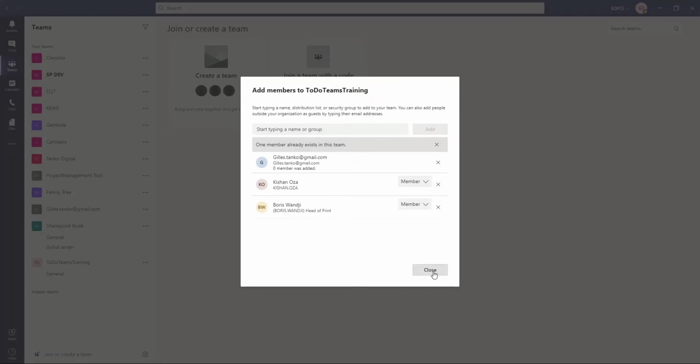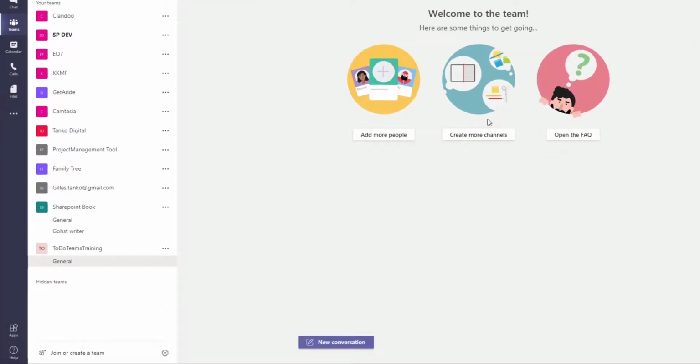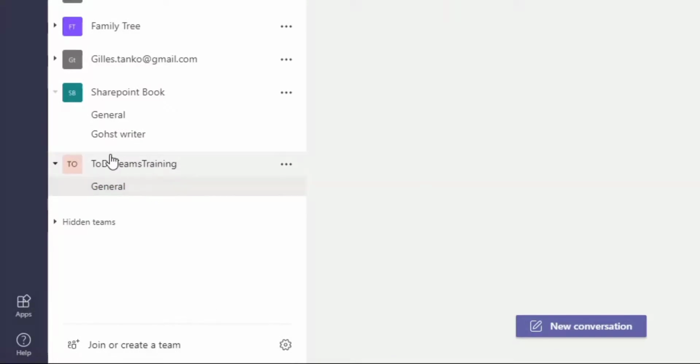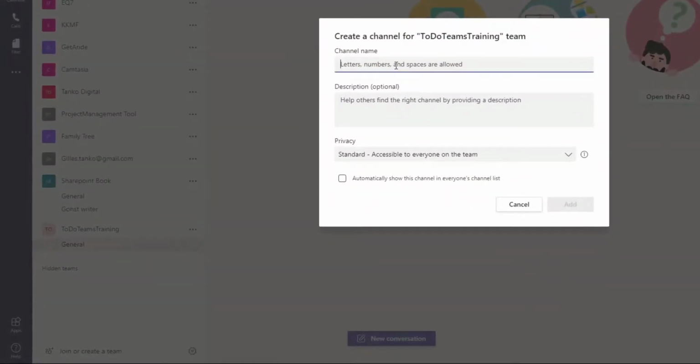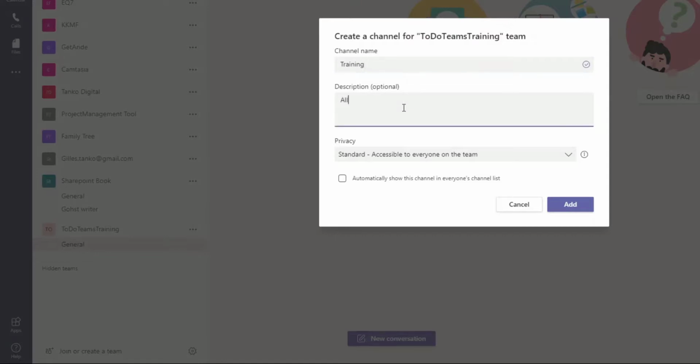Now I can close the group creation, and you will see that on the bottom here we now have the To-do Teams that is created. Under the new team that is created, we have 1 default channel, and the channel is here on the bottom. We can now add new channels by adding a new channel here, and this channel can be called training, and I can give a description here, all trainings